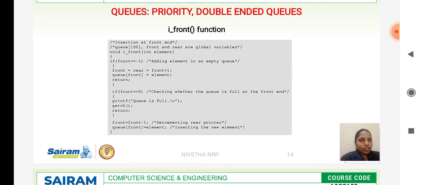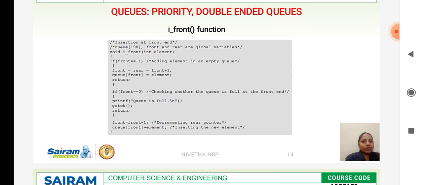ifront, you're calling the function ifront and you're going to insert an element. You're checking whether your front end is empty or not. If front is equal to -1, it specifies that it is an empty queue. Otherwise, you decrement your front end and you perform the insertion.